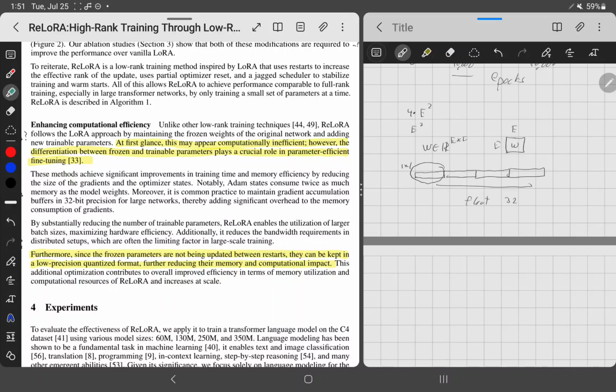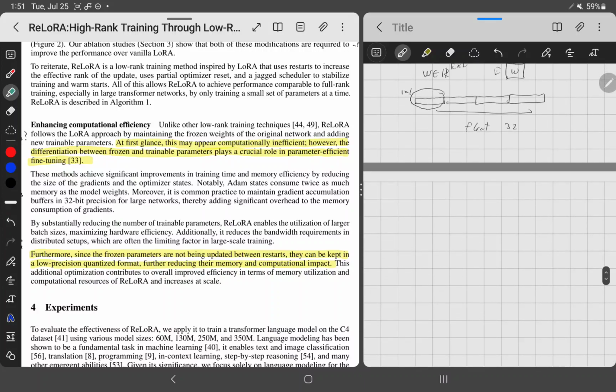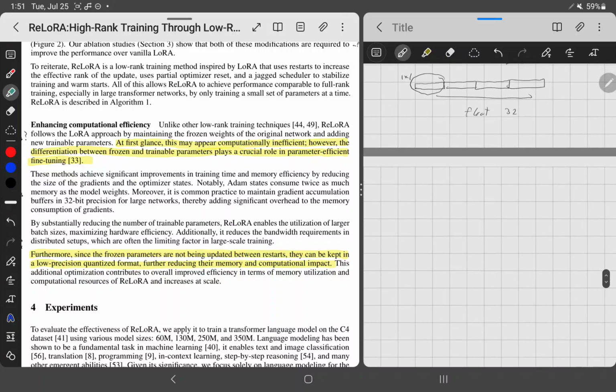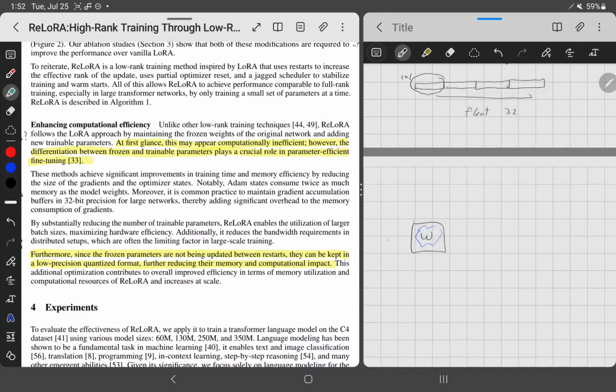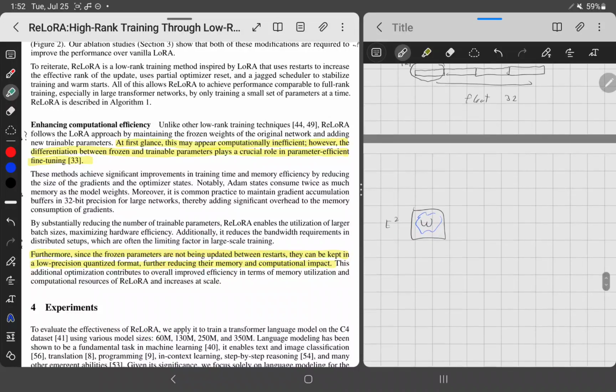However, whenever you're doing the optimization, you have to store the full 4 by e squared parameters. So basically, what I'm trying to get at is your frozen W matrix here will only take up e squared memory,